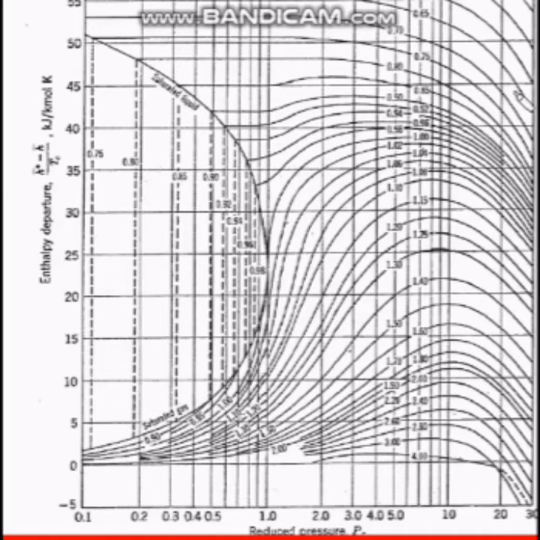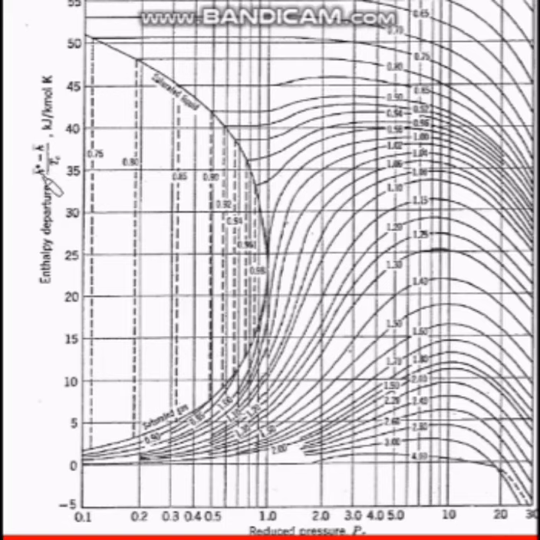Okay, so this is the enthalpy deviation chart. If you look at the enthalpy deviation chart, we see that it's got the reduced pressure over here, which runs from 0.1 to 30. Then it's got the enthalpy deviation, which runs from -5 to 55 on the y-axis. And then if we look at the formula here for the enthalpy deviation, H0 minus H,